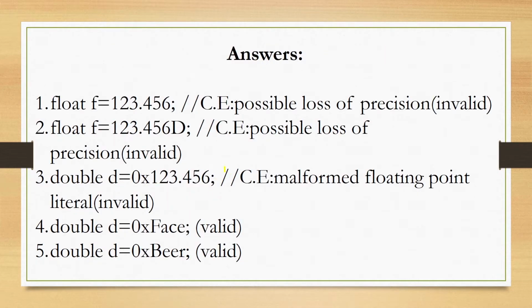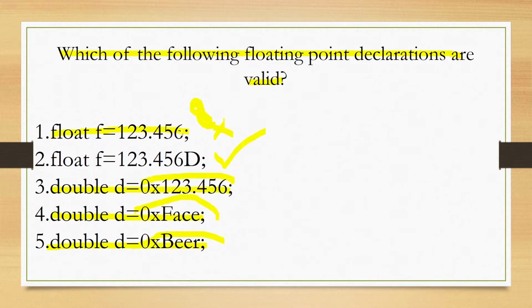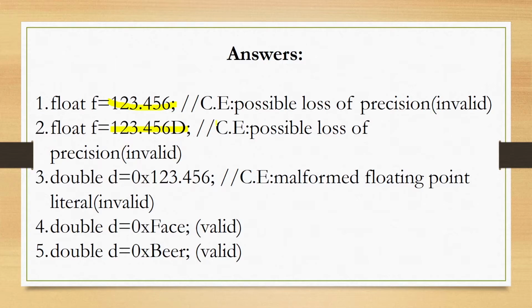So here are the answers for your reference. Here this is wrong, we get an error. We saw this one also is wrong. This one is wrong, this one also is wrong. Both of these are wrong. Then if you have tried to execute the previous one, for this one you will get an error, and for these two the output would be correct, or this would be a valid declaration.